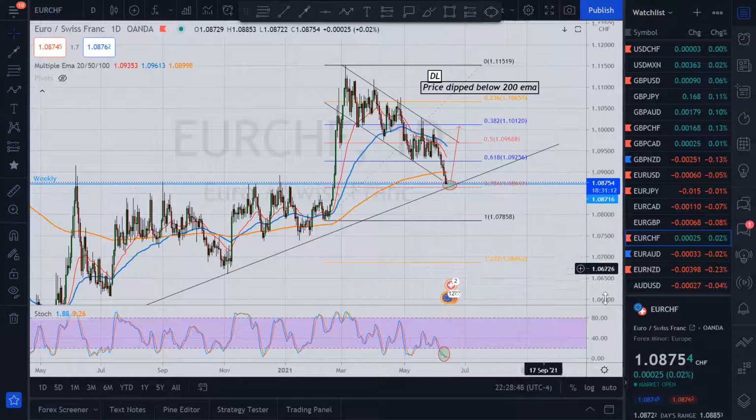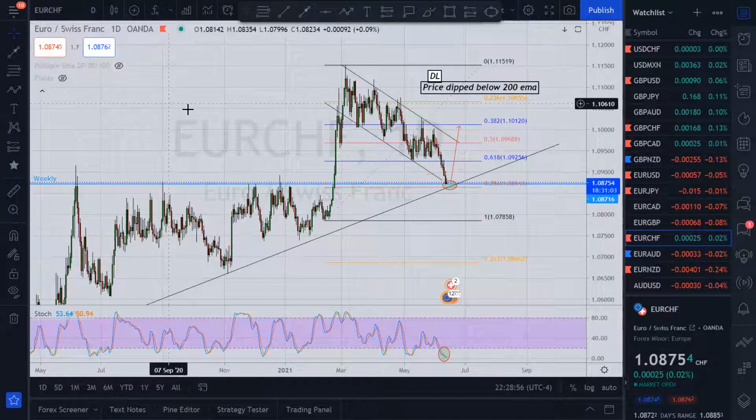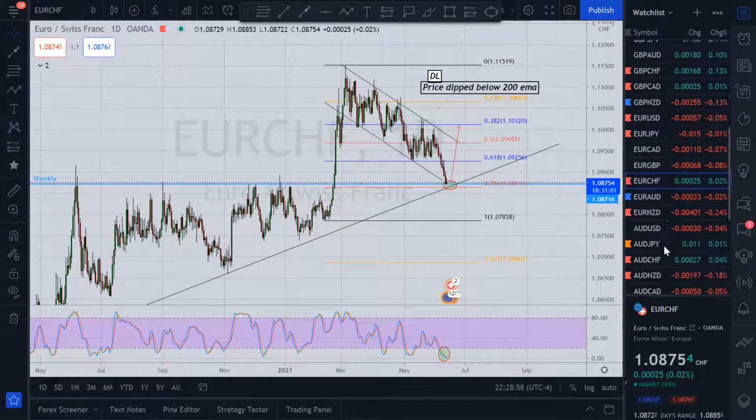So looking for bearish price action at 1.0875, and we can take it to the house. All right, I hope you're with me on that one. Good, good, good. All right, pay attention. Next,